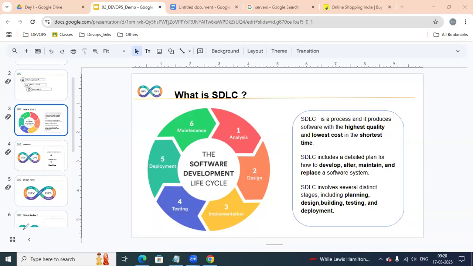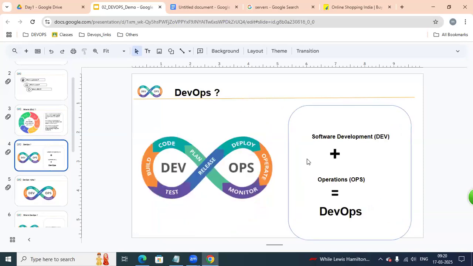Let us understand that today. If you are a DevOps engineer, our roles and responsibilities start from the dev environment and with operations. Software development plus operation, we call it DevOps. So our roles and responsibilities run from the development environment to operation, which means we are part of coding, build, test, release, deploy, operation, and monitoring.